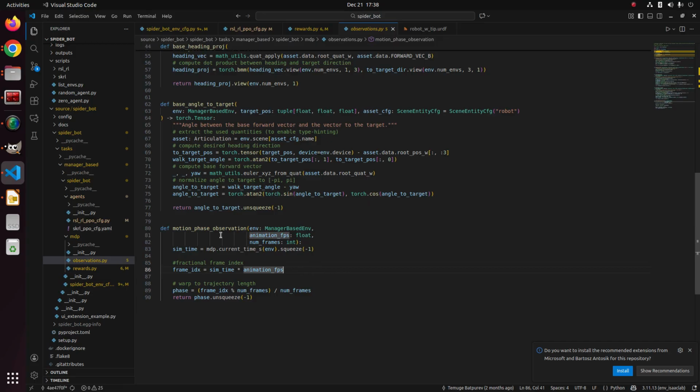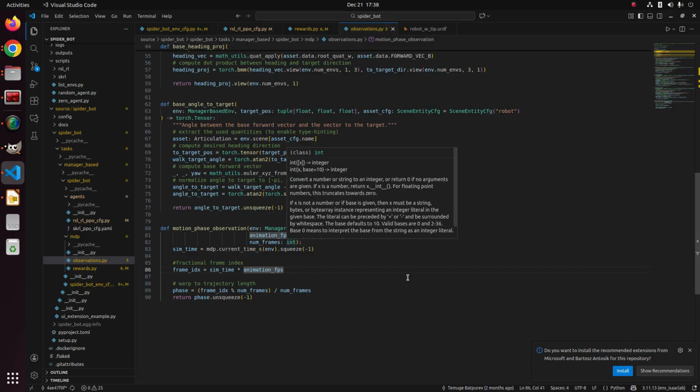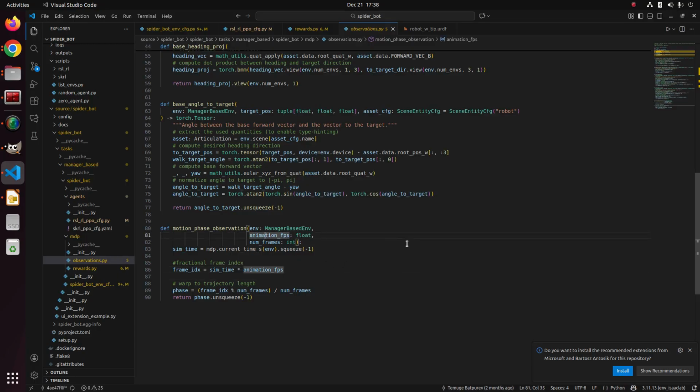To calculate the phase of the animation, we need to first decide how fast the animation is playing in terms of frames per second. Up to now, I have only discussed the frames as corresponding points in some arbitrary time, but here we will have to decide on what the FPS is. In our example, we have 30 frames, and to get the phase, I get the simulation current time